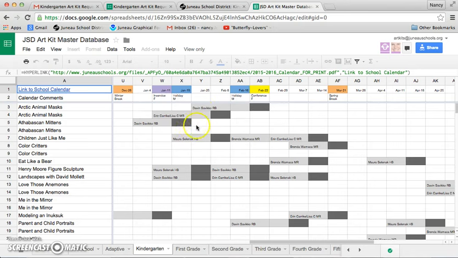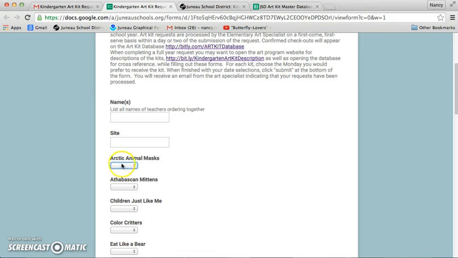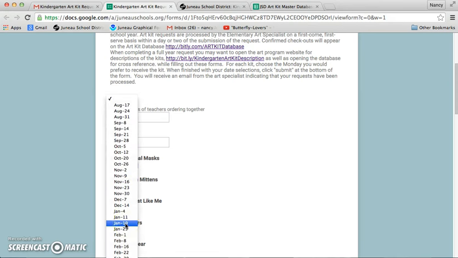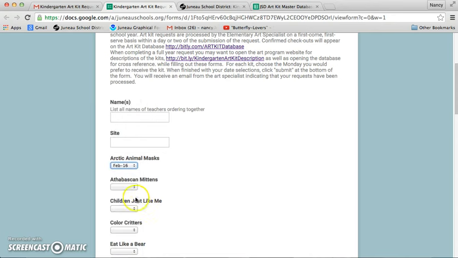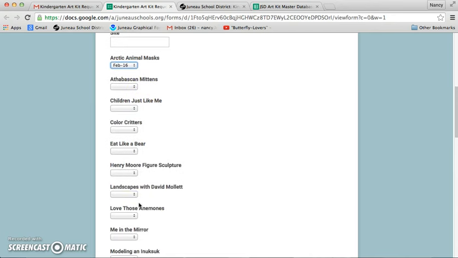So the way to read this is the light gray squares are when a teacher is using the kit, those 2 full weeks, and then that darker square is the week they are returning that kit on this day, and then it takes a few days to get back to the art center and has to be ready for the next teacher. So when you're checking availability of the kit, like for instance Arctic animal masks, you need to be sure that there's at least 3 open weeks. So then you could go back to your form and you could say, I want it on that February 16th, and you click that. So you're just going to keep going down and requesting art kits, checking their availability,